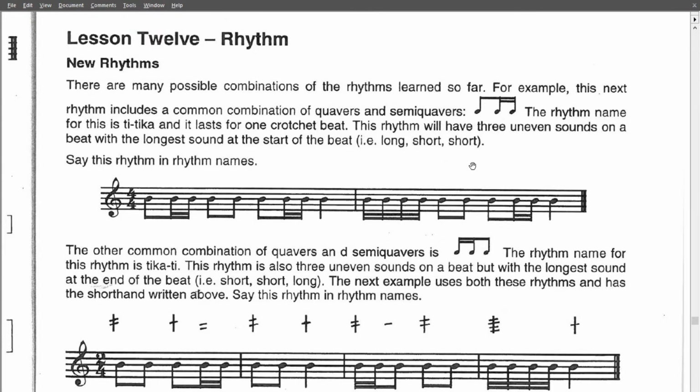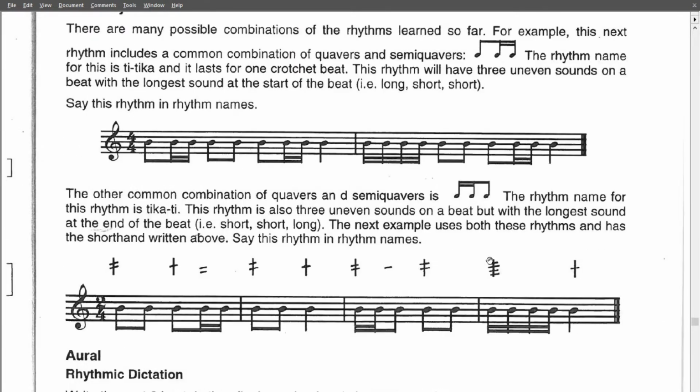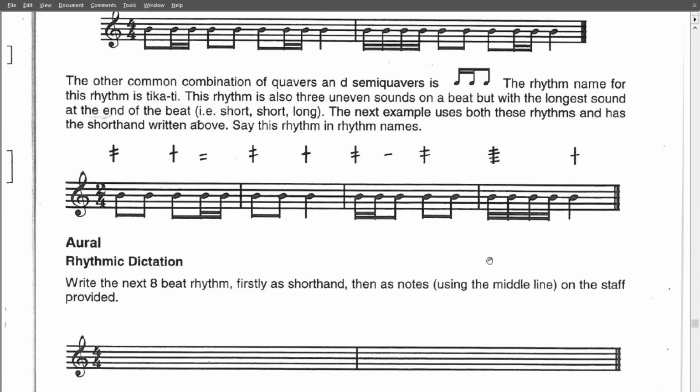There is one other common combination using quavers and semiquavers that we'll learn today, and that is this one, which is ticker T. You can see it's just the T ticker, but reversed around, so that you've got the semiquavers first, ticker T, and the quaver second, or in other words, short, short, long. An example of this is given here in the next question,